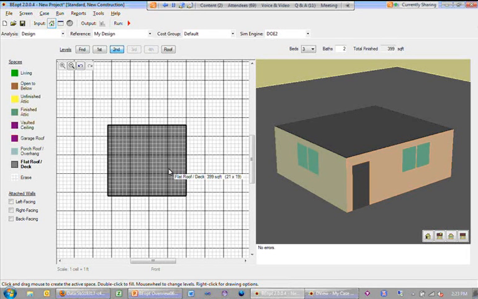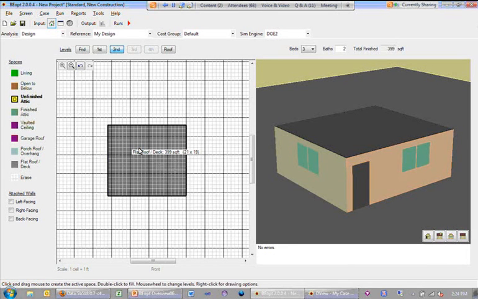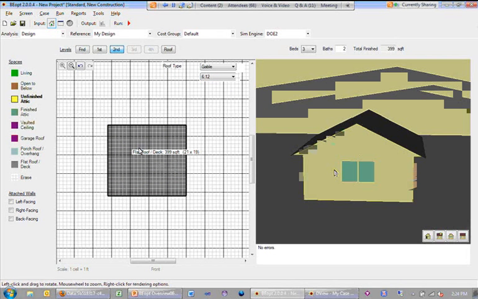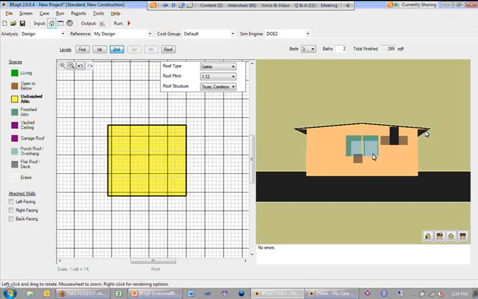Right. Now, another thing that you might do here is, I'm thinking out loud, which is a little dangerous on the spot here, but you could think about whether if you did an unfinished attic, so I'm selecting that as my space type, and doing this, and then went and made this a very low pitch, even though your building is pitched entirely in one direction, and if this was 6 inches here, and I believe you said 3 feet at the other end of the building,